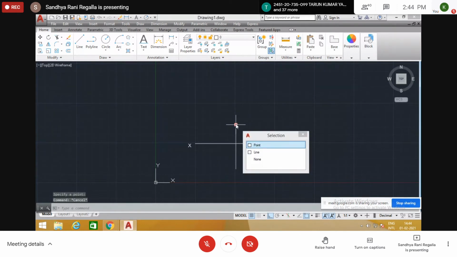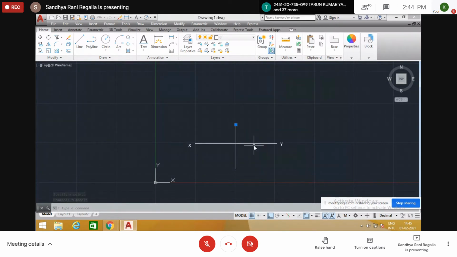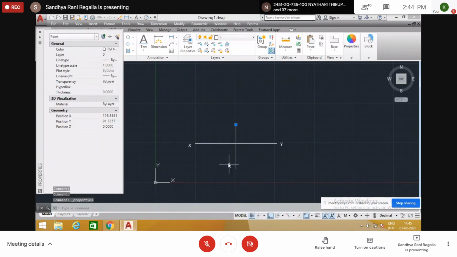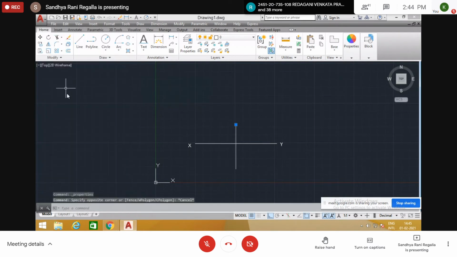So select, right click, go to properties. Where is the size? Font size is not here. Just close this box. Go to PD style.